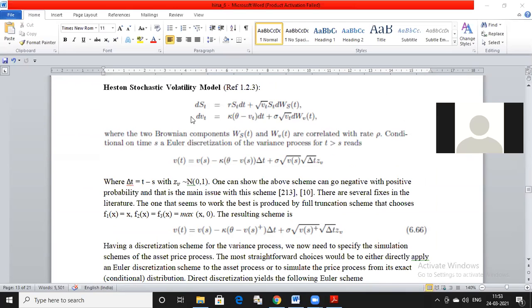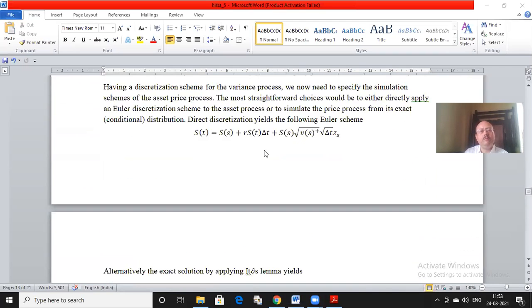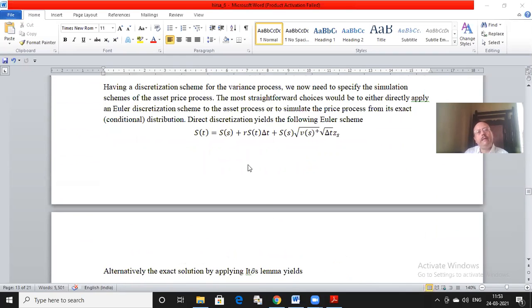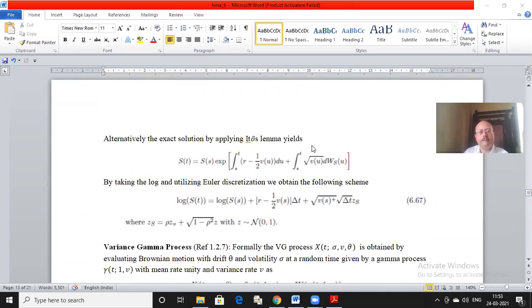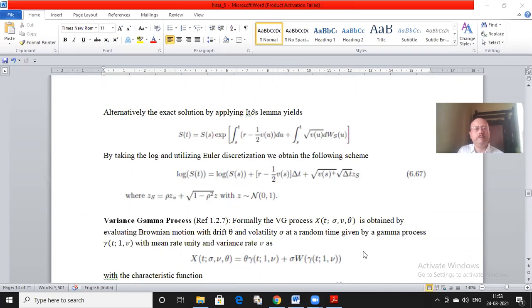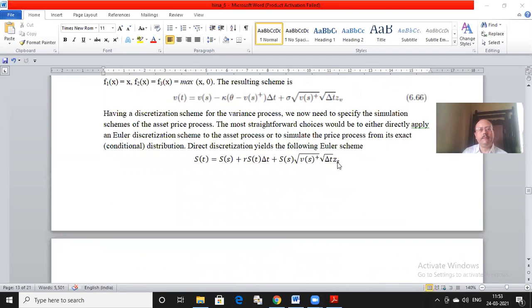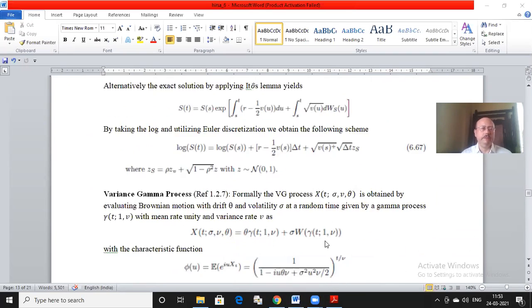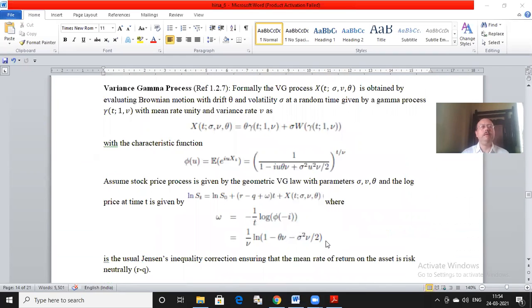The variance process, I am definitely going to discretize and simulate. So I can use an Euler scheme. The stock price process, I can either go the analytical way and then approximate the integral, or I can also generate the path using the Euler scheme. And remember that the two Brownian motion components, Zs, Zv, need to be correlated. Okay, so that's the Heston model, which is quite popular.